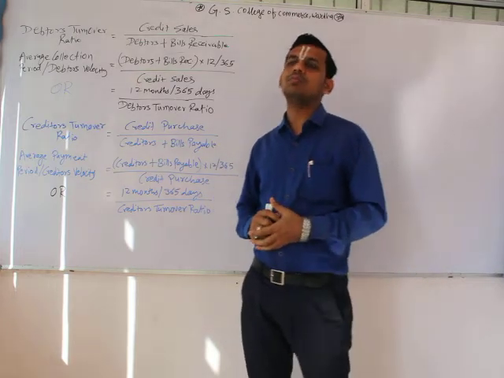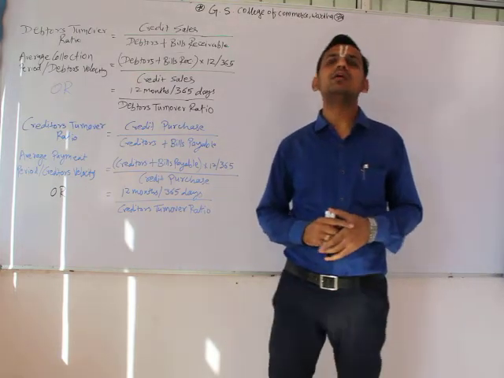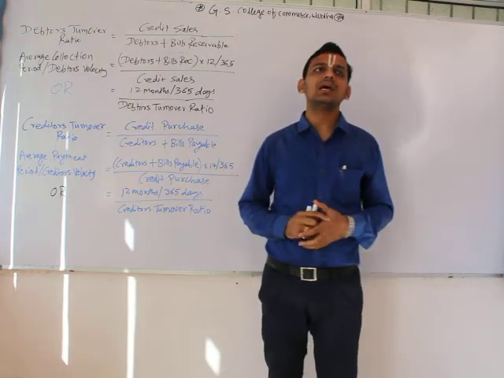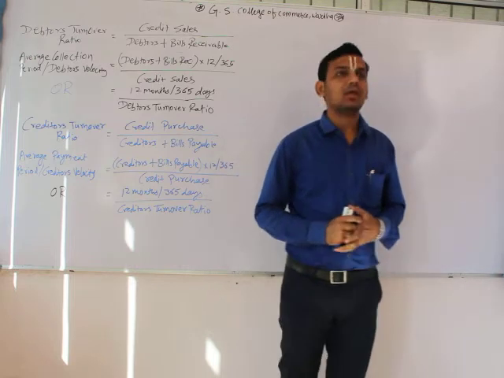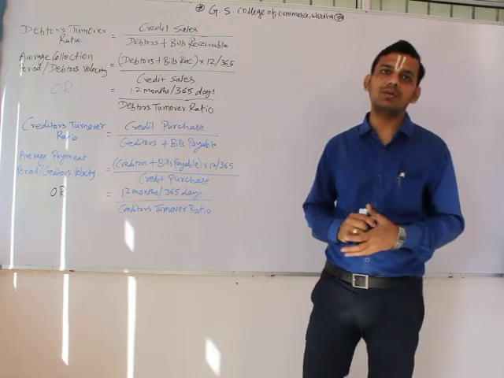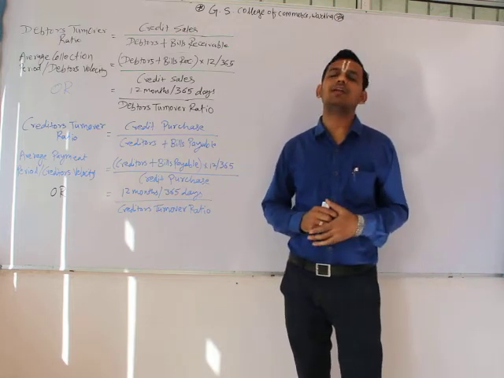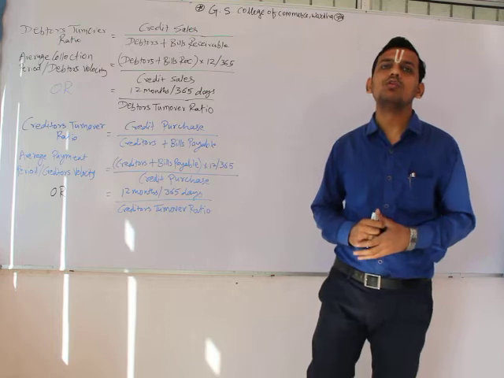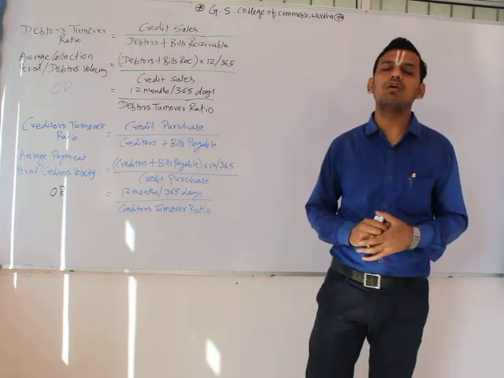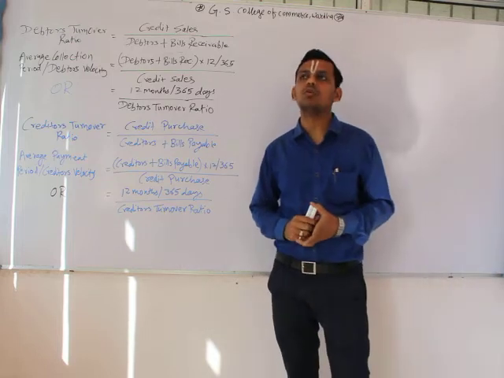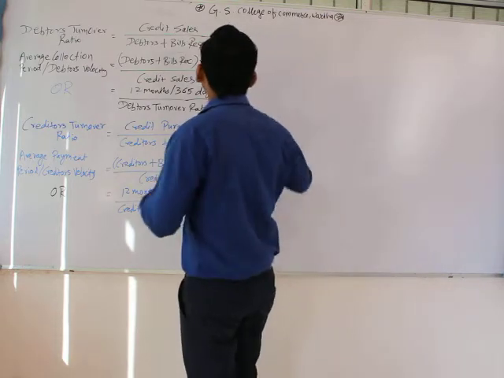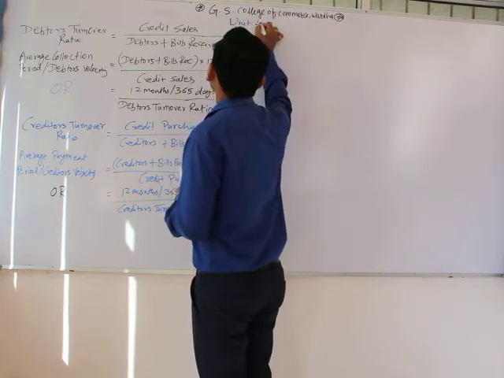Till the last video of business finance, we have seen the numerical questions of working capital management. From this video, we will start with our unit number 4, that is debtors and creditors management and its related numerical. The exercise sheet or worksheet related to the working capital management would be available in your drive. You can practice those questions so that you could have clear understanding related to the questions or queries of working capital management. So now we will start with debtors and creditors management, which is our unit number 4.